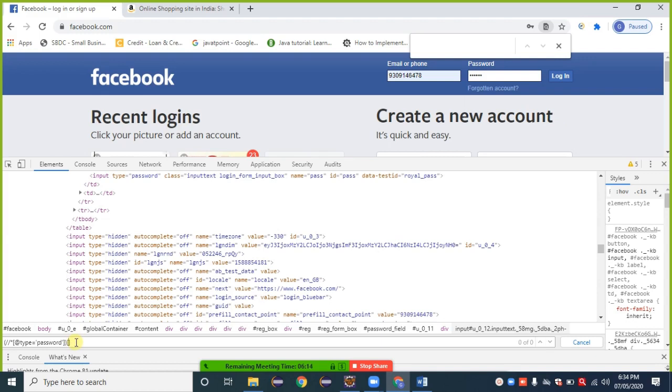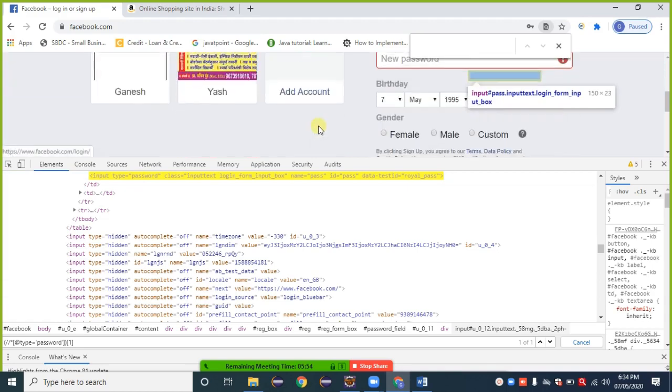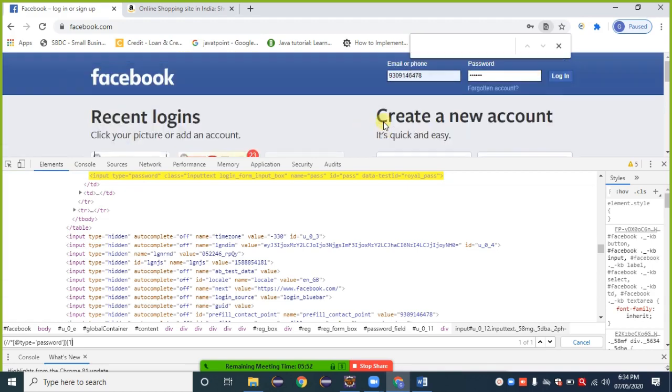First check: provide number 1 and see which web element gets highlighted. It means that XPath 1 belongs to which web element. Take the cursor on that yellow line. Observe that. This belongs to the password field near email or phone. It is not my requirement. My requirement is this new password. So the first belongs to that one.